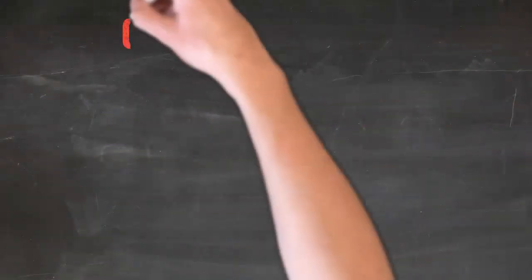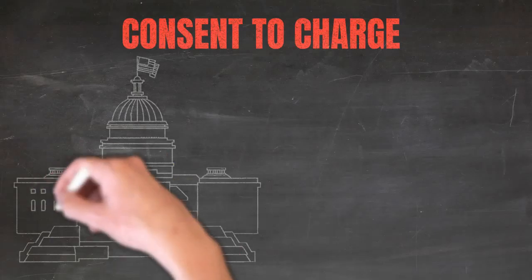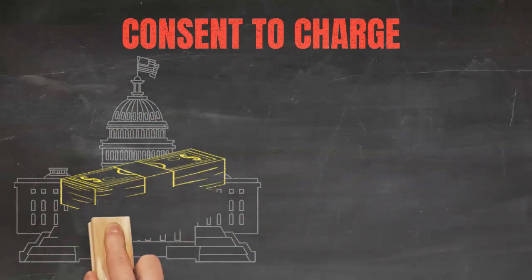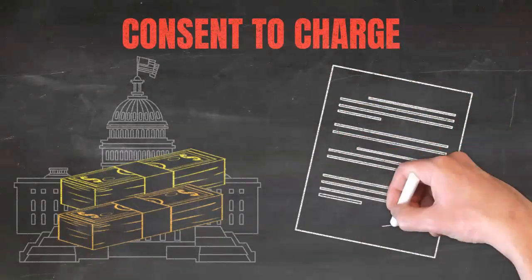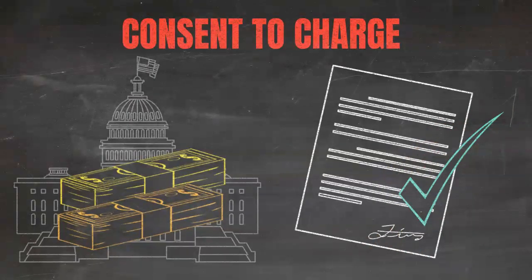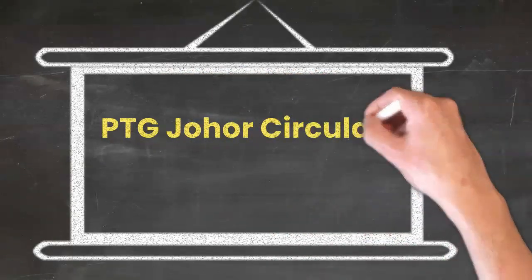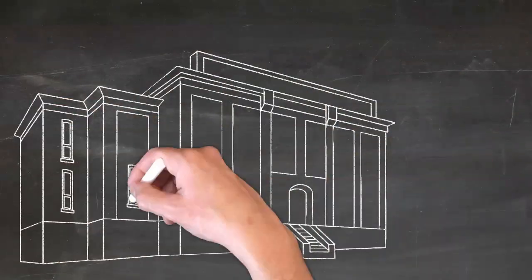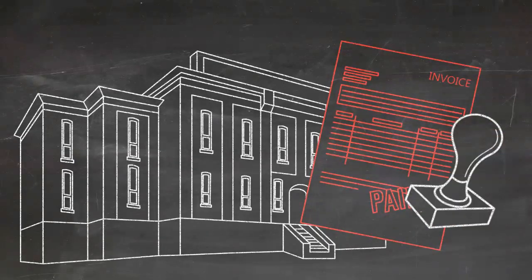In property transactions, purchasers often seek financial assistance from the relevant financial institution, which is a bank or financing company. Hence, the powers of creating charges are subject to further restrictions as specified in Section 241 of the NLC 1965. PTG Johor Circular Number 10/1986 indicates that the state authority has given a comprehensive consent to allow the applicant to make a charge to: